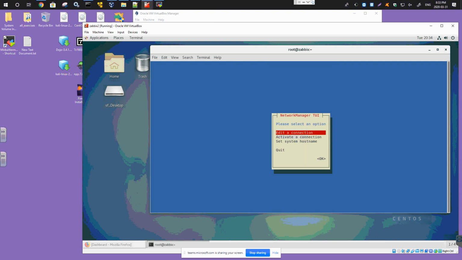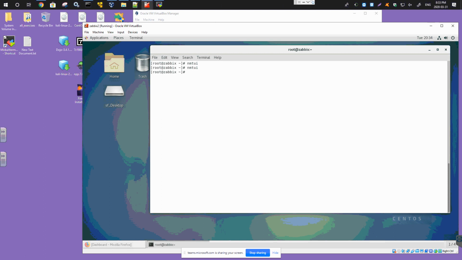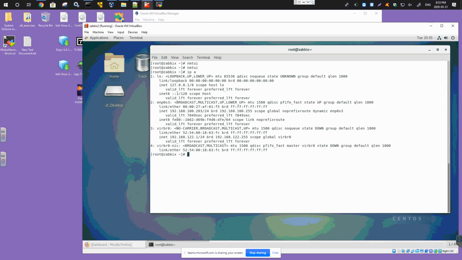So to be sure that it will take place, I'll do again the same procedure here. There is a command, though. Let me show it to you. Let's see what's the name of the interfaces. So we have enp0s3. That's the name of the interface. So you do ifdown, which is interface down, and you put the name of the interface,